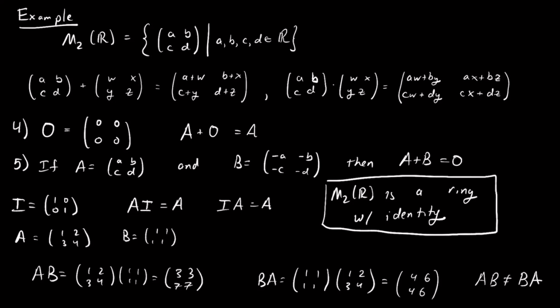One comment that I'll make is that the real numbers here can be replaced with any commutative ring. So the entries don't specifically need to come from the reals. They can come from any commutative ring. So we'll be studying matrices with entries in, say, Z mod 6, or matrices with entries in Q, or matrices with entries in Z, right? So any commutative ring can be put in place, and M2 of that ring will still be a ring with